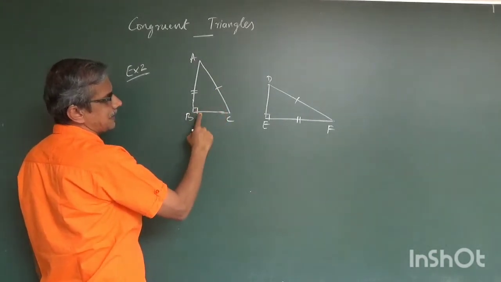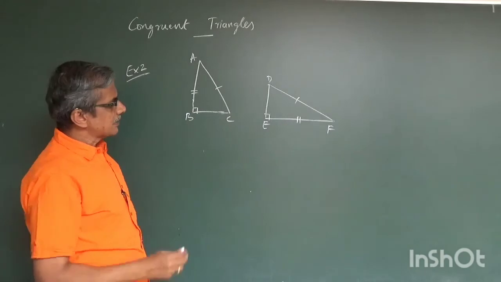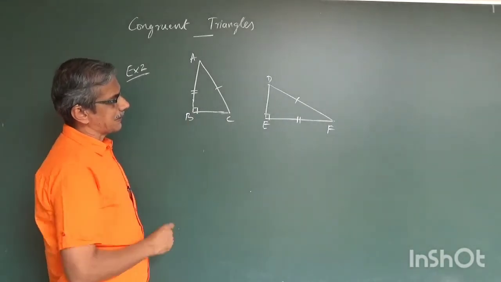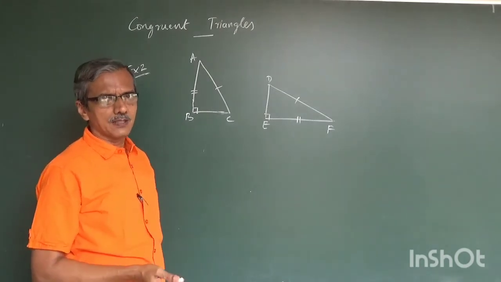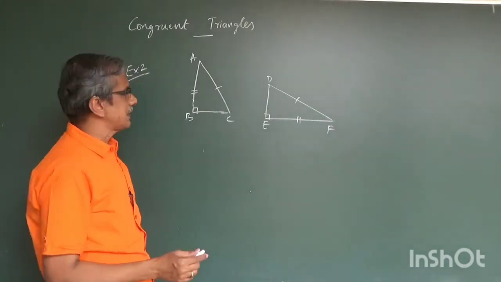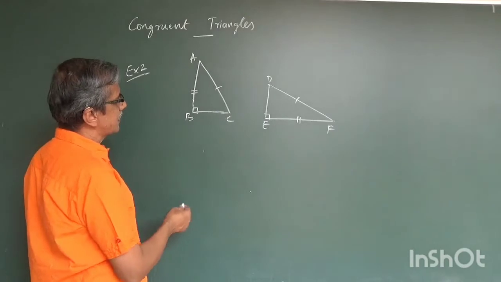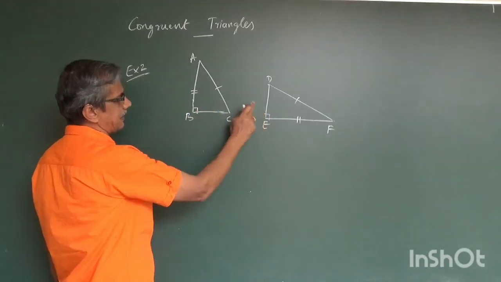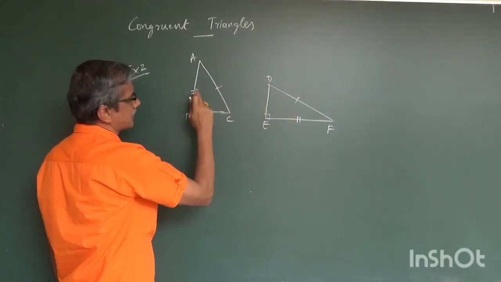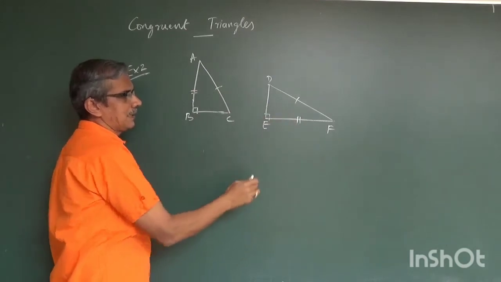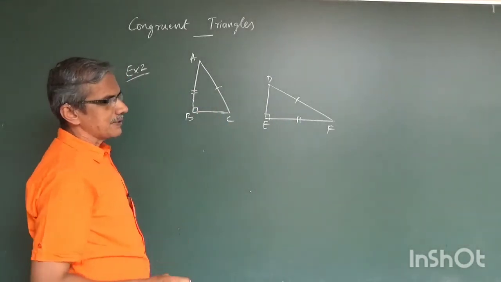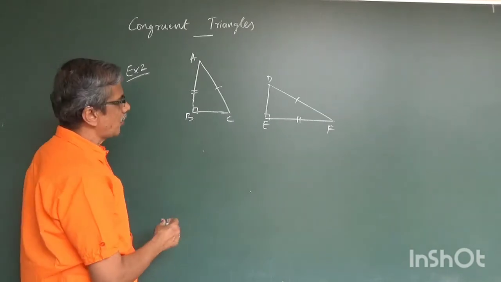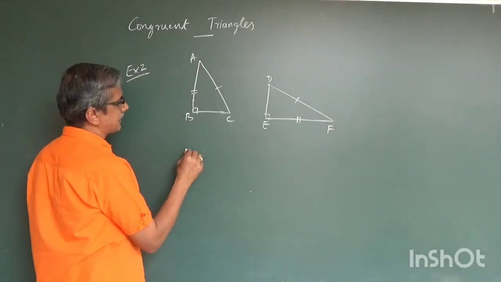Now you can see we can apply this. As soon as you look at a right angle triangle, first you can try RHS. If RHS is not applicable, you can try the other things. Now I will look at RHS here. So right angle, hypotenuse, and one side. Although its position is different, it doesn't matter. So this is by RHS. By RHS they are congruent. So I will write like this.